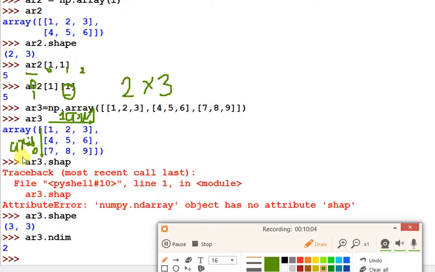I am using the draw line, so it will not print exactly, but you can understand. So this is axis 0 and axis 1.